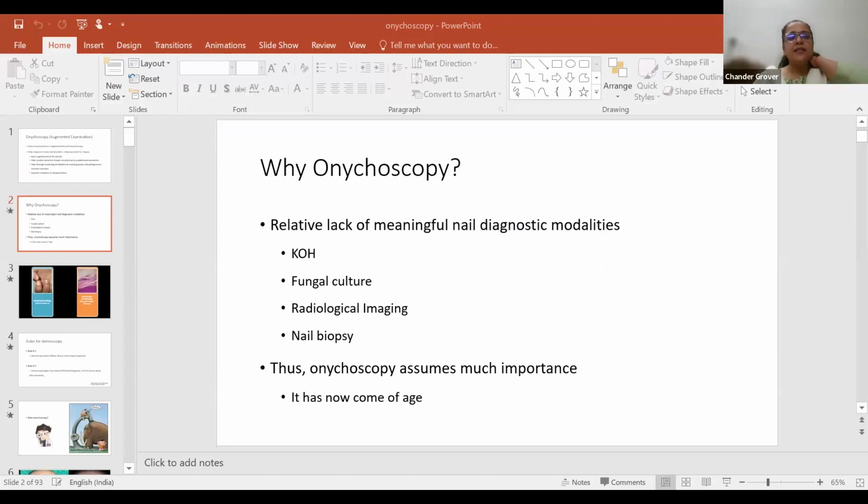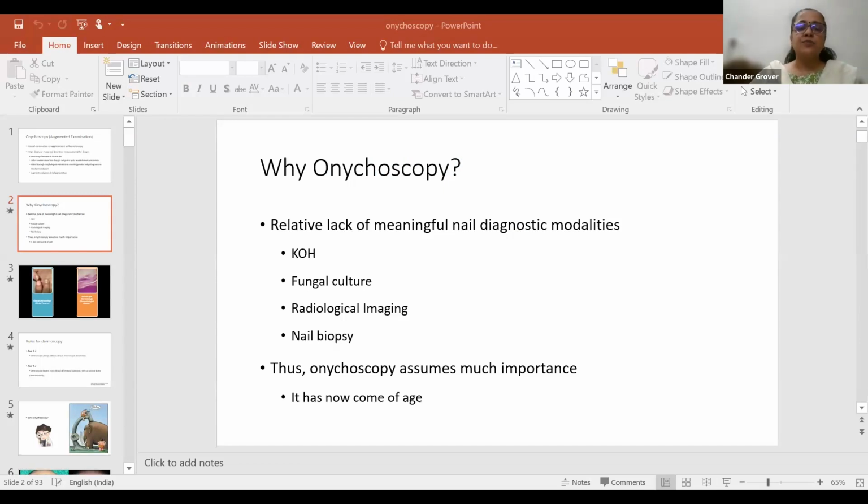Involvement of a single digit, never miss a tumor. Several fingernails, inflammatory. Several toenails, onychomycosis. Several fingernails, exclude onychomycosis. Symmetric great toenails, think of trauma. Most common diseases in fingernails are chronic paronychia, nail fragility, and psoriasis. In toenails, they are traumatic disorders and onychomycosis.